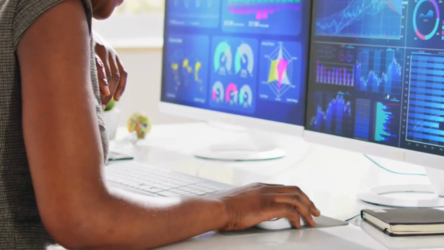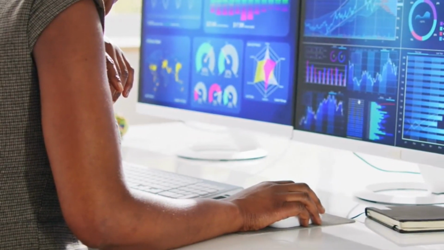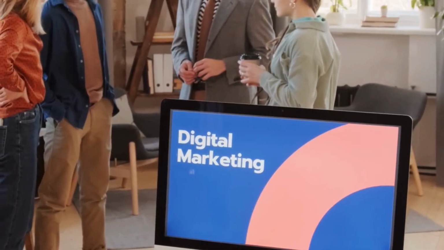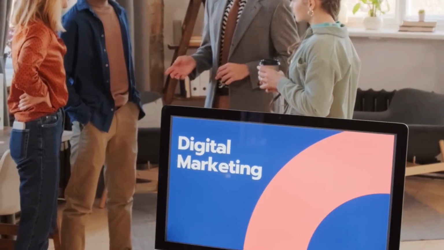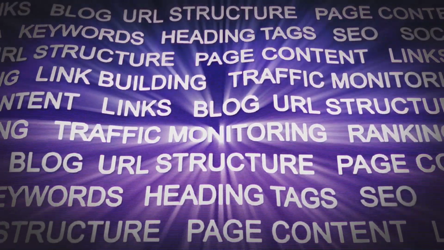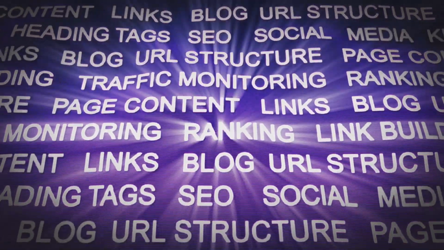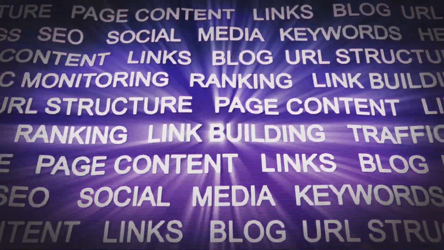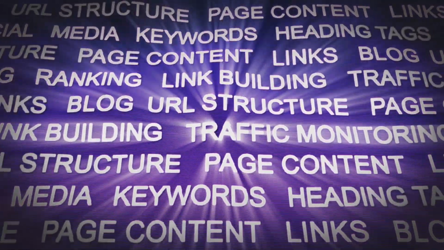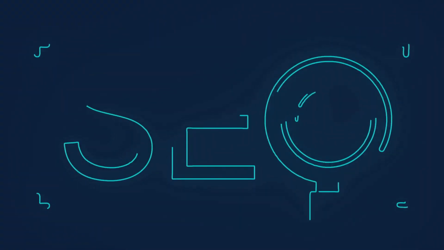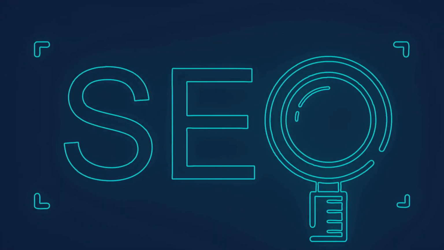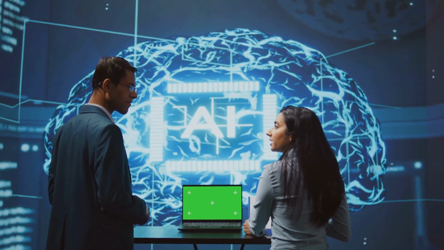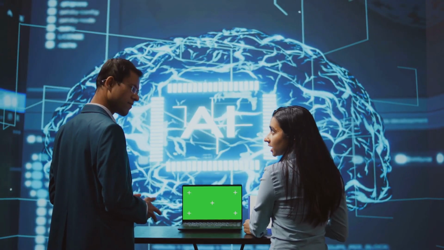Artificial intelligence can help with search engine optimization in many ways, including keyword research. AI can analyze large amounts of data to find keywords and suggest related ones. It can also help determine the competitiveness of a search term. Content optimization. AI can analyze existing content and suggest improvements, such as adding keywords, adjusting headlines, or optimizing meta tags. Link building. AI can help find relevant websites to acquire links from. Websites with many high-quality links tend to rank higher in search results. Visual search. AI can be used to identify and classify images and match them with relevant search results.